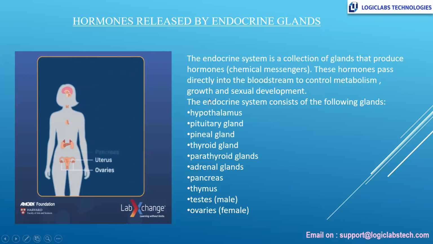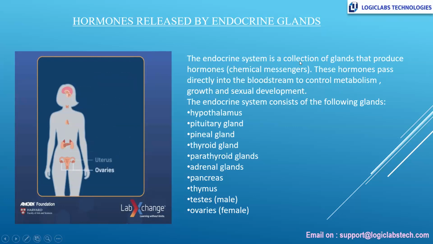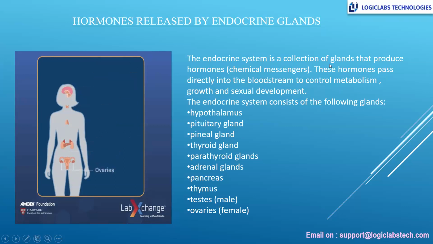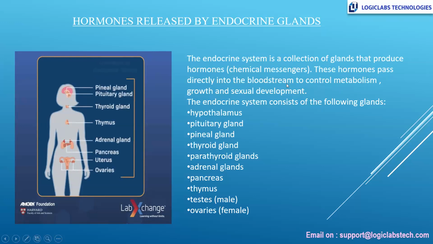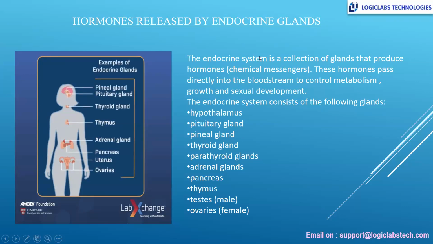So to control metabolism, whatever metabolism takes place in the body, all these are controlled only by the endocrine system, which consists of a set of glands, or many glands. Because of these glands, hormones are being released. They help in producing into the bloodstream and they control the metabolism. The growth of the body takes place, and the sexual development or the secondary sexual characters will be developed only